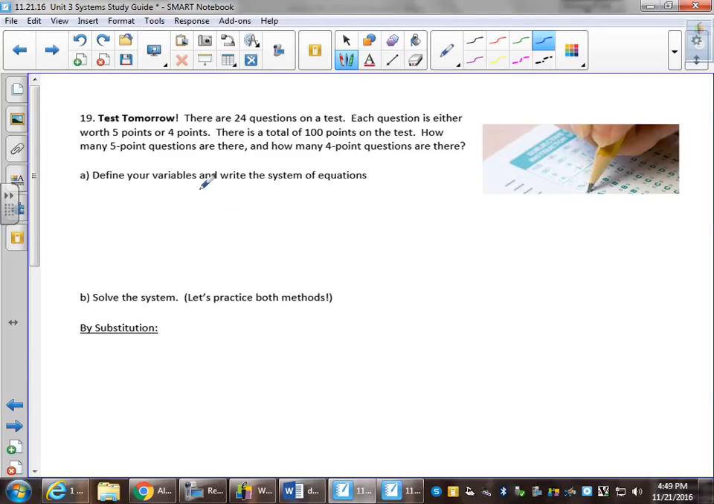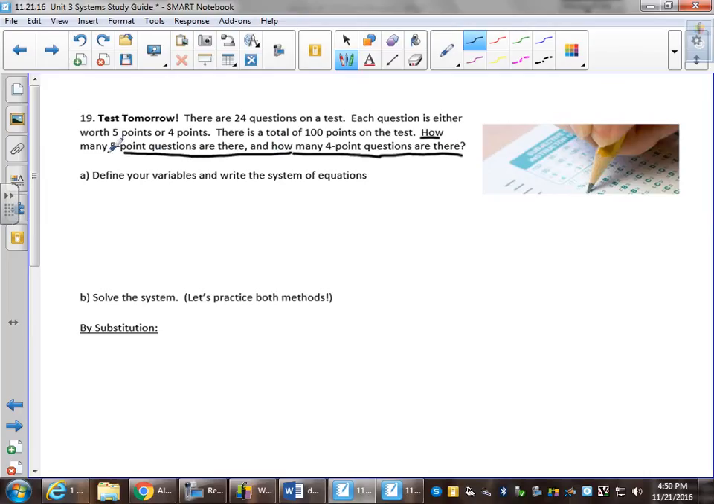There are 24 questions on a test. Each question is either worth 5 points or 4 points. There's a total of 100 points on this test. How many 5-point questions are there, and how many 4-point questions are there? First step, always underline